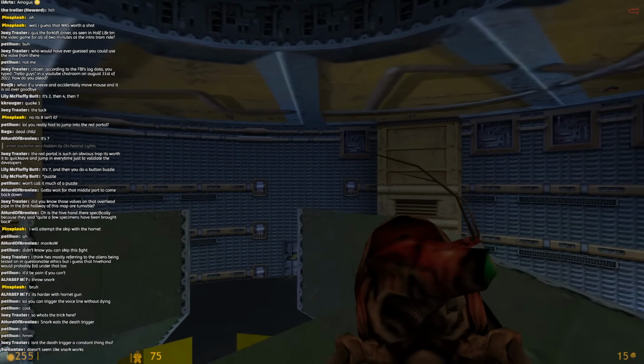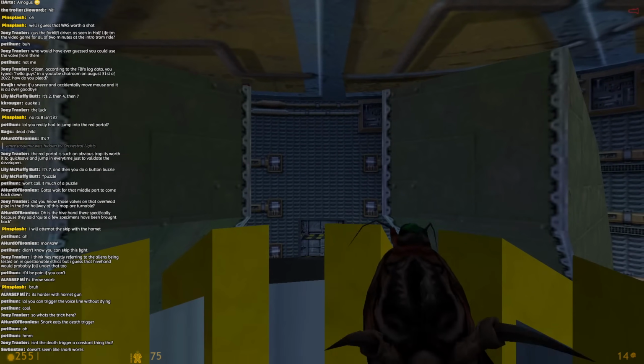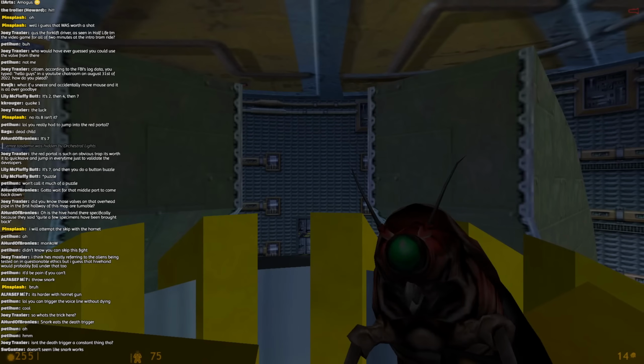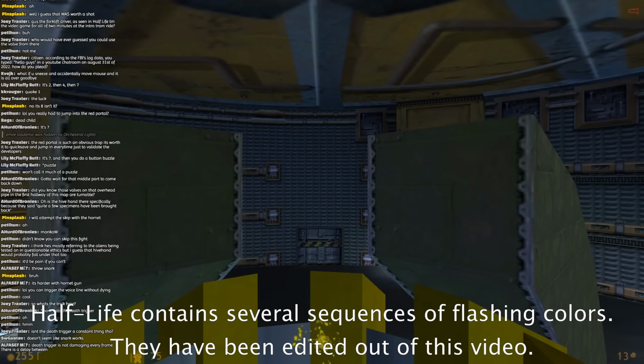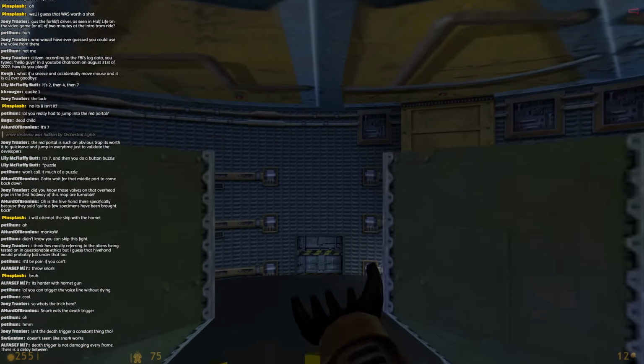Here I do yet another speedrunning trick. It's very simple. Throw a snark into the teleporter and then jump in. The snark will disable the kill trigger for half a second, allowing you to go straight to the teleport trigger. Shame on you,